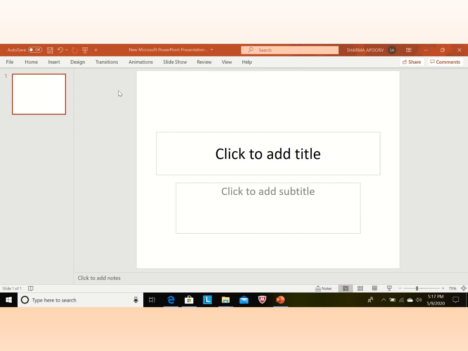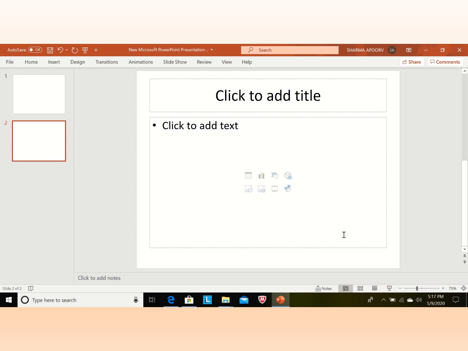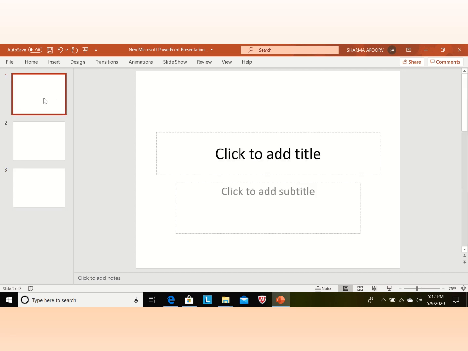In this video, we will discuss some basic functions given in PowerPoint. As we know, when we enter PowerPoint, we get the default slide, but we can add a slide or delete a slide according to our requirement. So now we are starting with insert new slide, or we can press Ctrl M to insert a new slide. Now we have 3 slides in our presentation.